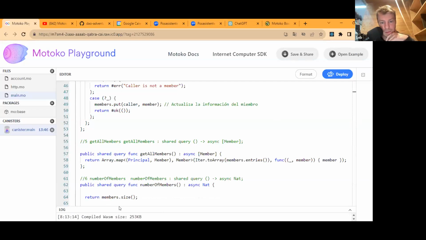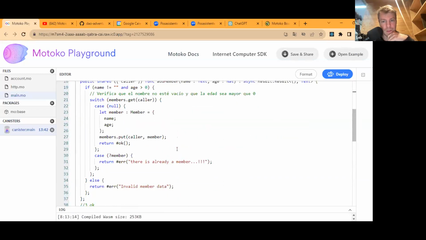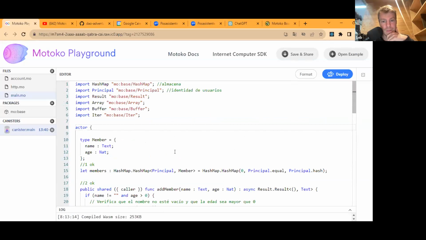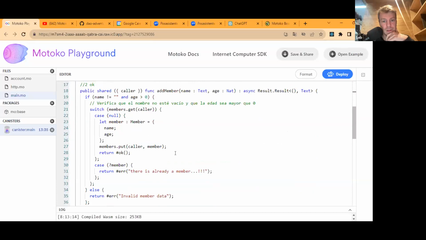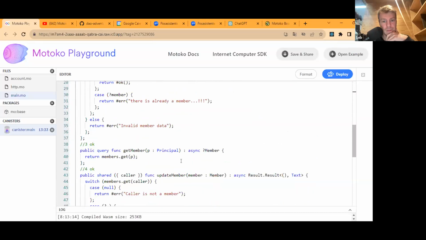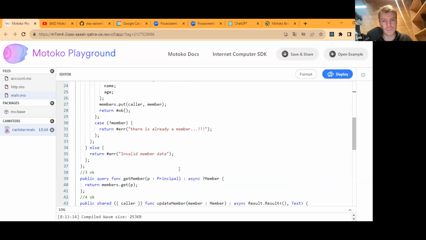Okay, so add member, you have the correct type. Update member as well, I believe. Oh no, wait. I can see already that for add member, you have an issue with the type,